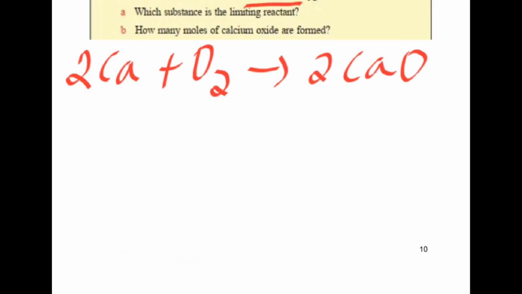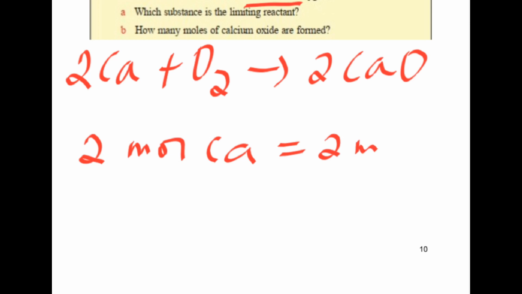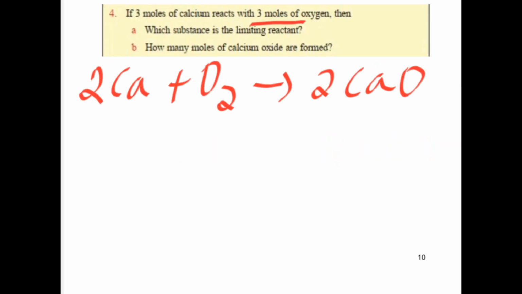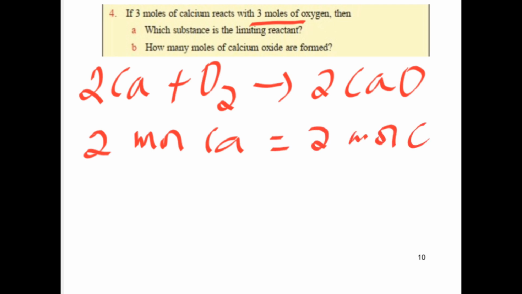So from the balanced chemical equation, for every 2 moles of calcium, 2 moles of calcium oxide are needed. So this 3 moles of calcium ካለን ምን ያህል calcium oxide produce ይሆናል የሚለውን ካልኩሌት እናደርጋለን ማለት ነው። ስለዚህ ስንት ይሆናል? 3 moles of calcium oxide are produced እንላለን ማለት ነው።